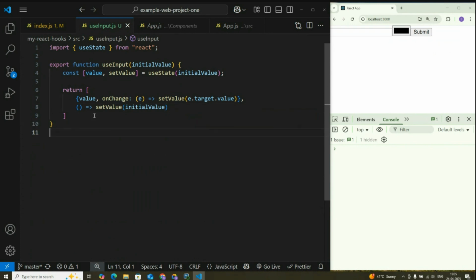So with this, when we do use input, it accepts an initial value and returns two objects. One is the value or input object,